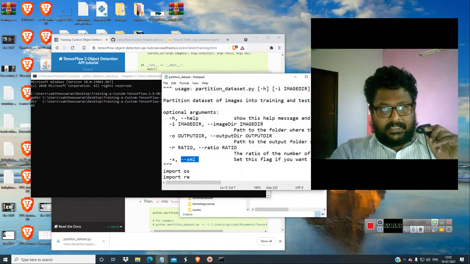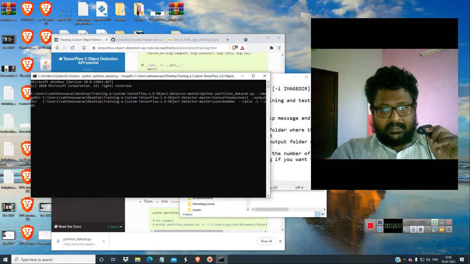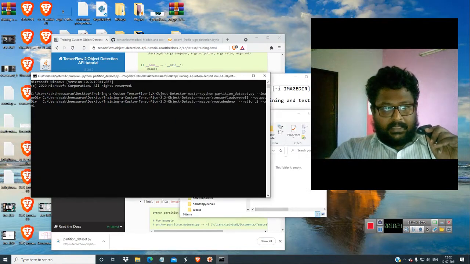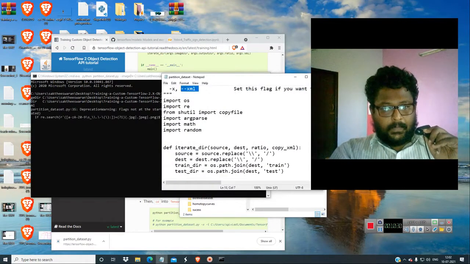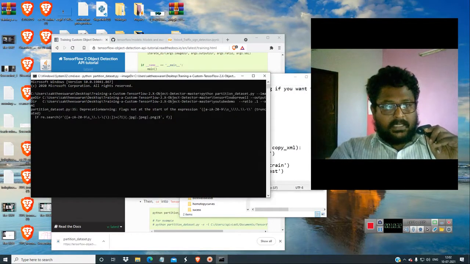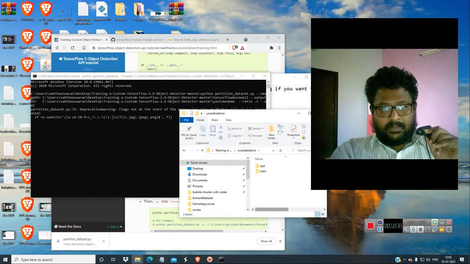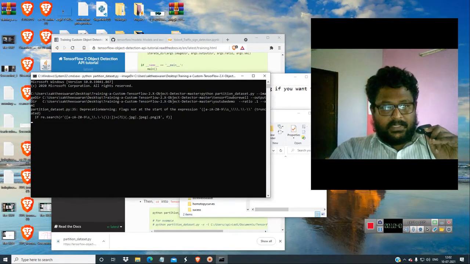So as you can see, after clicking enter, I hope a folder will be created here. Okay, so let's see what all there are. There seem to be file flags exceptions. Even though there seem to be some warning messages, let's see. Okay, a deprecation warning is just given, so no problem.